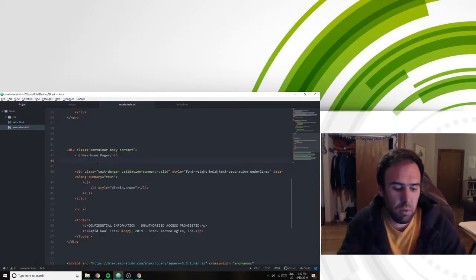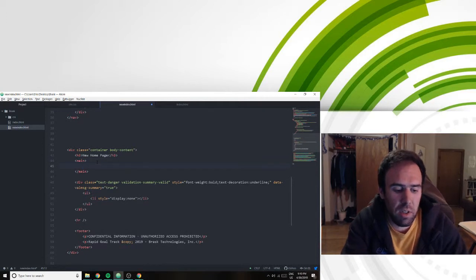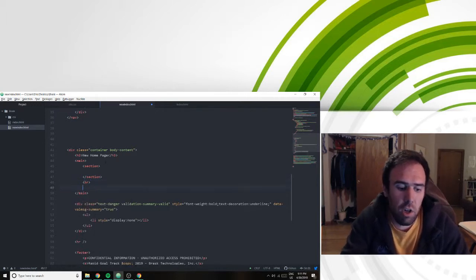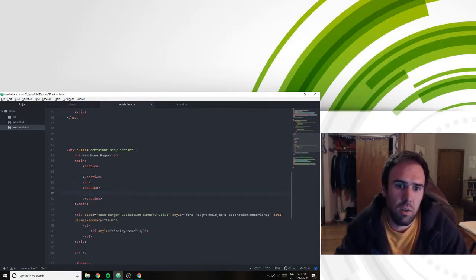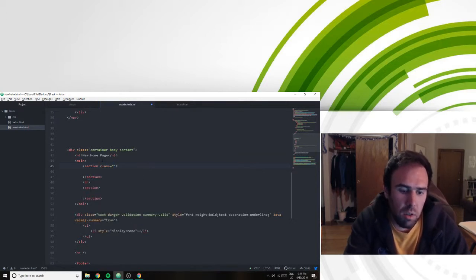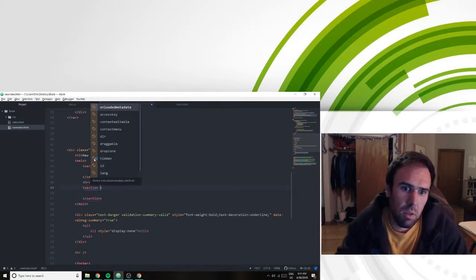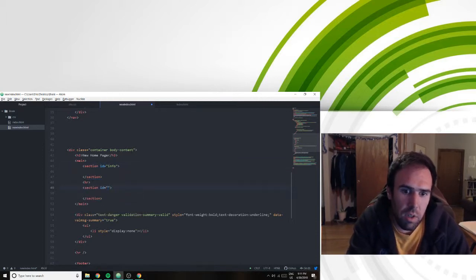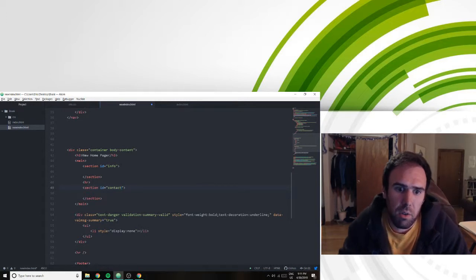So here we go. We'll say main, that represented the table. I guess we should really have two sections, because you had your section before the HR and you had your section after the HR. Am I right? So if you wanted to, we could call this an info class, and if you wanted to, let's go with ID actually. We're not reusing this. I should practice my fundamentals more. We could call this contact. I hope that doesn't conflict with styles you already have. Inside here,